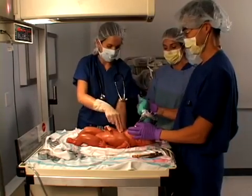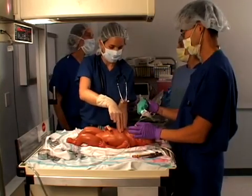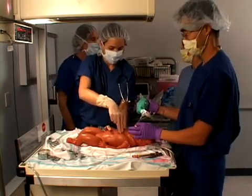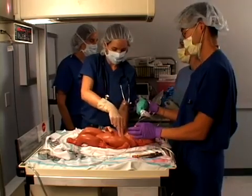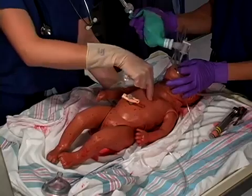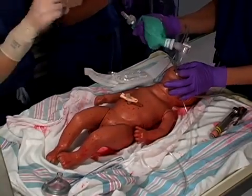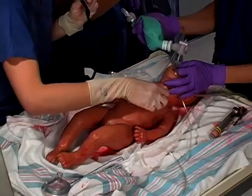It looks to me like this baby weighs about 3 kilos. Would you agree? Sounds about right. Okay. Circulator, we're going to need to drop some epinephrine. So we need epinephrine 1 to 10,000 concentration. We're going to need to drop 2 doses. One for the ET tube, that will be in a 3 milliliter syringe. I want you to drop 3 milliliters of epinephrine, 1 to 10,000. And then for the UVC, I want you to drop...